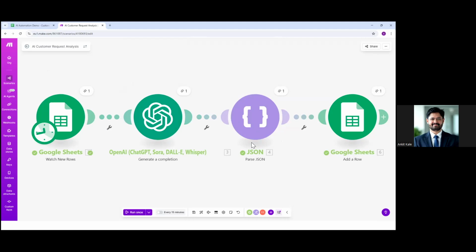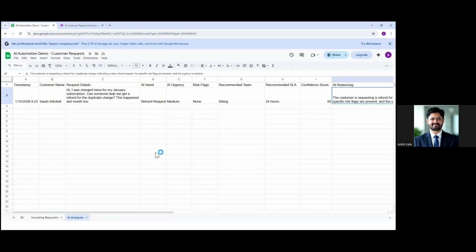So converting into the structured format is the important thing, and these systems can help us convert this to the structured format using JSON. JSON is the format that generally these LLMs use, and whatever it has generated in the backend, again it is getting written back to the spreadsheets. Any doubts so far? Have you understood how this is working?